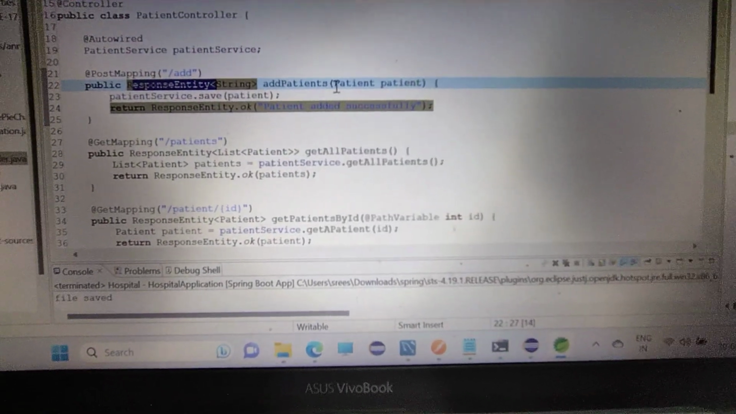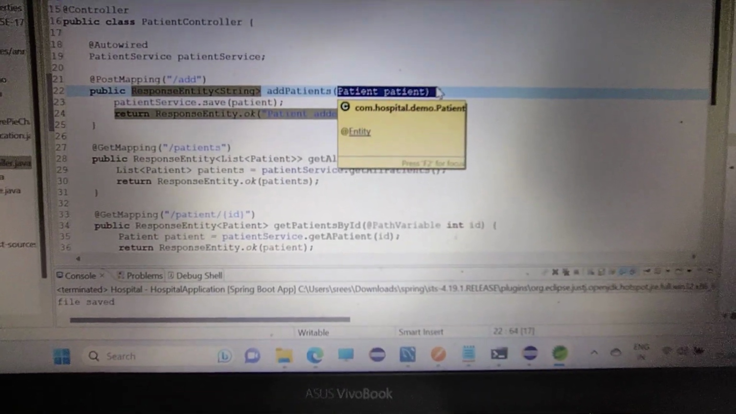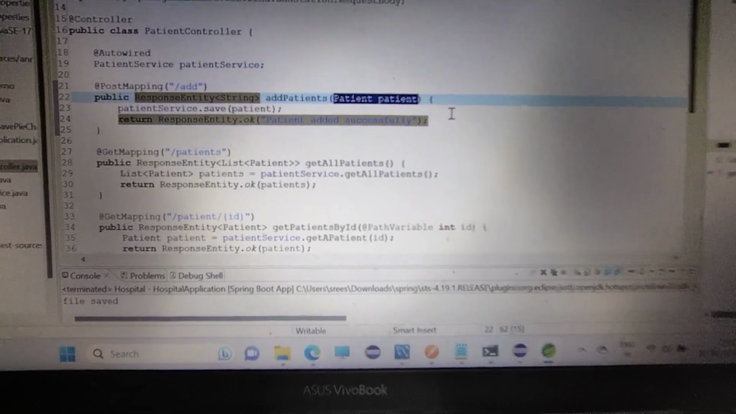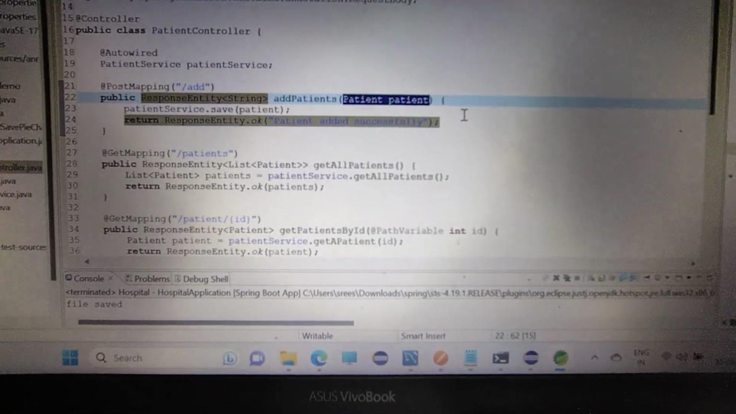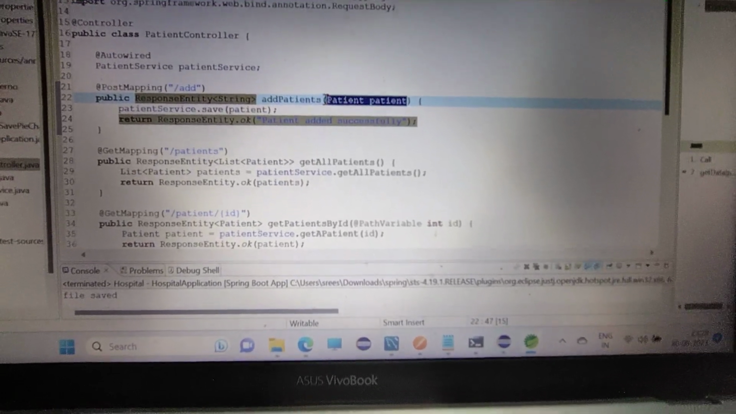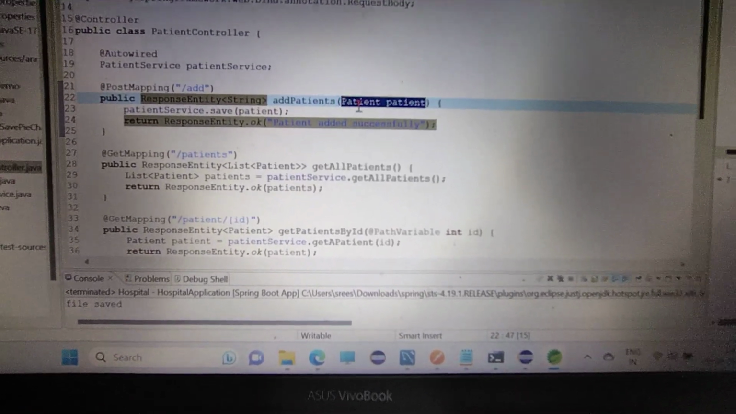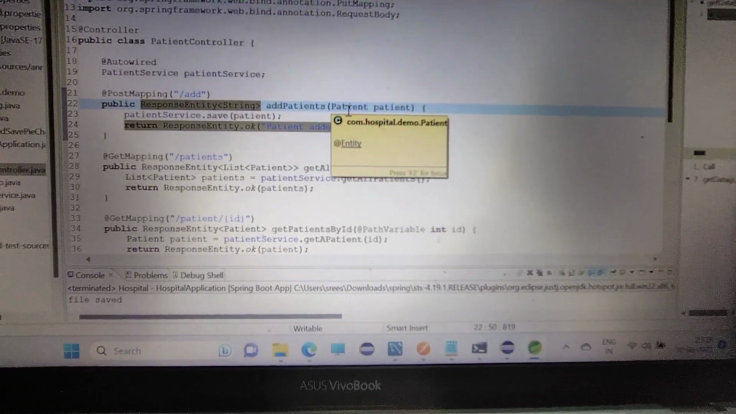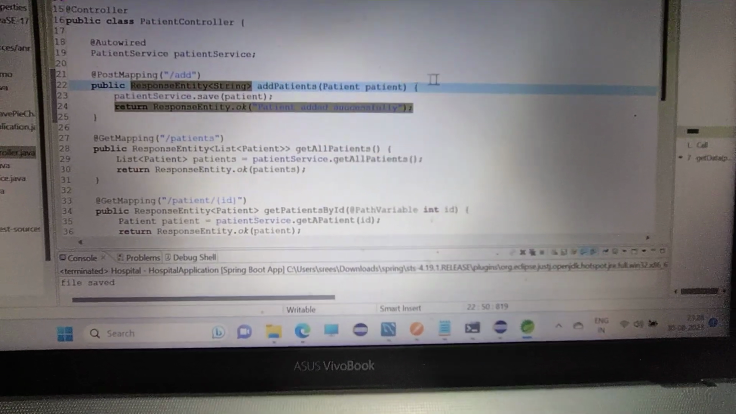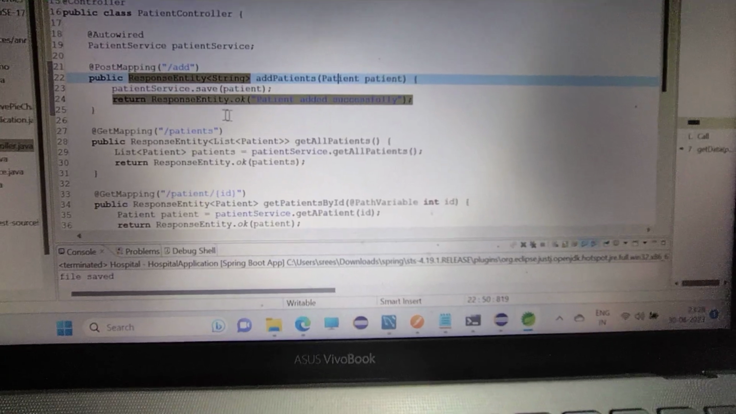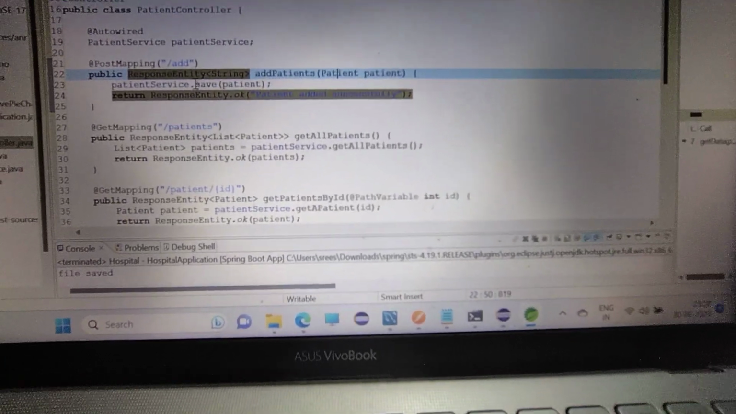So the patient will have many things, right? In Spring Boot we need not specify the ID, name, and everything. We just have to write it takes a Patient object. That's it, and the fields will be taken care of by Spring Boot itself. And if you go inside this save method,